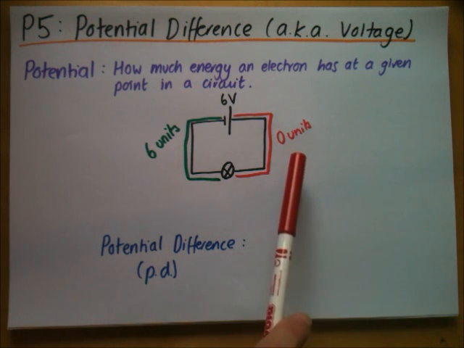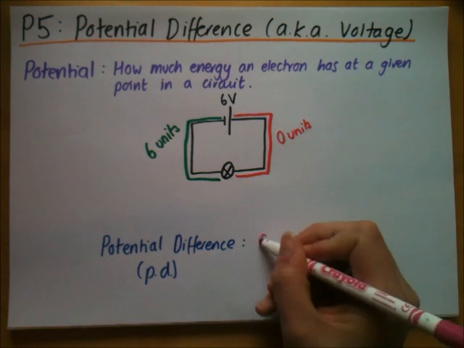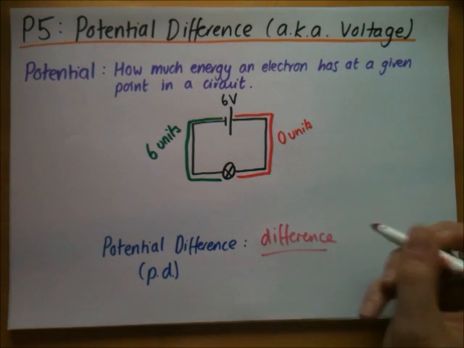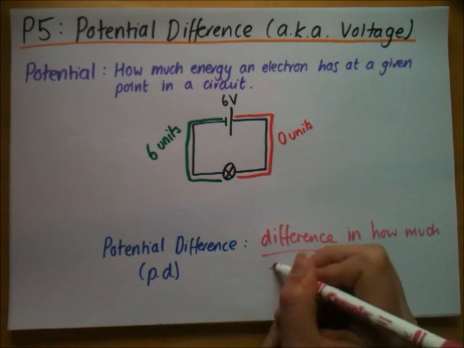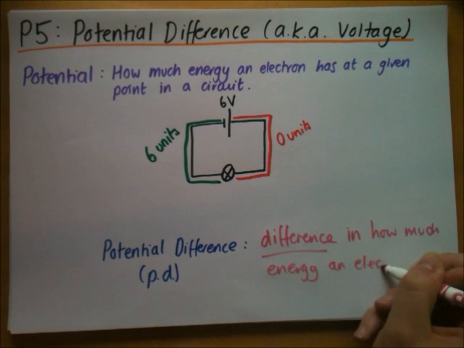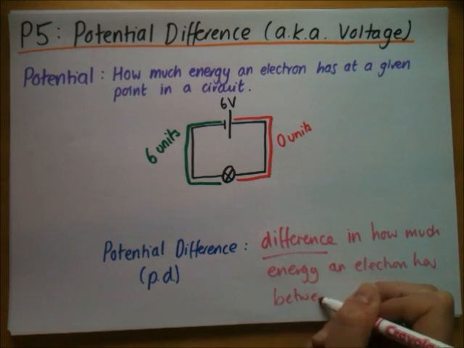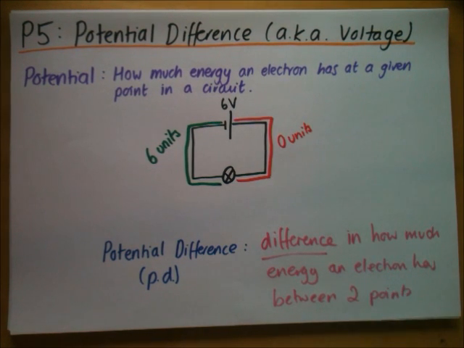So potential difference, all it is the difference in potential, which is why conveniently it's called potential difference. It is the difference in how much energy an electron has between 2 points. And this final bit is really important, okay? This between 2 points